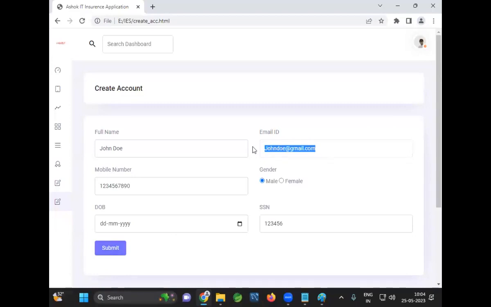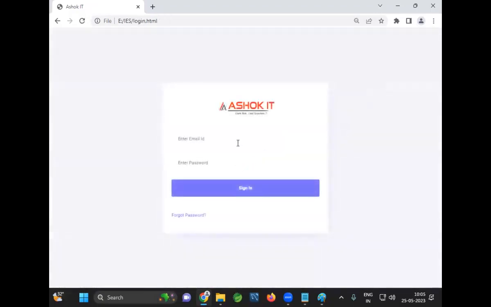When the administrator clicks on the submit button, an email goes to the case worker from the application with a temporary password. This is the same functionality as our second mini project, where we created the account and unlocked the account. Here, account creation will be done by the administrator. The case worker will receive an email with the application URL, his username and his temporary password. In the mail, he will have a link. When he clicks on the link, his account will be unlocked. Once his account is unlocked, then